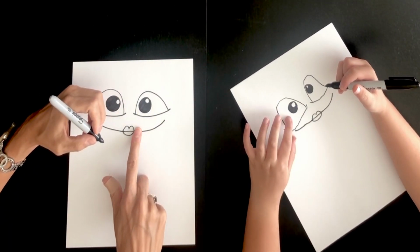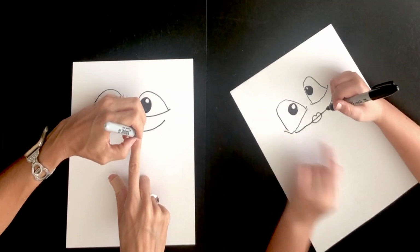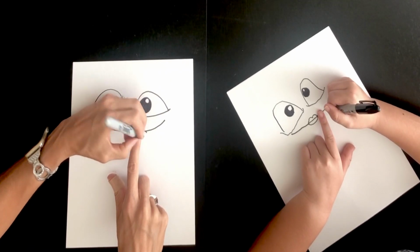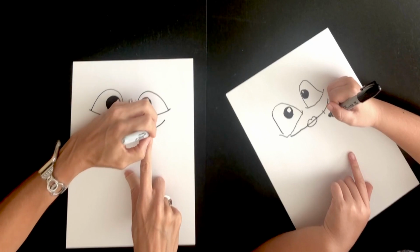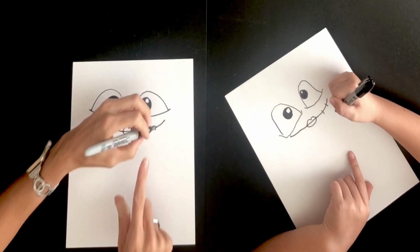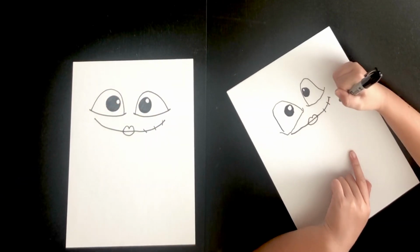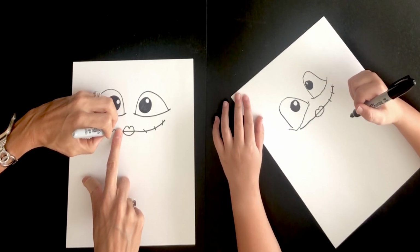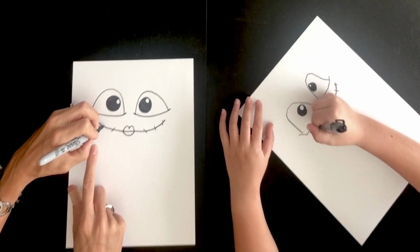Now we're going to add some stitches for Sally. We're going to go ahead and use our finger to make sure we space them out so they're not too close together. There should be about, I'd say about 3 on each side. So we're going to come over here 1, and then we're going to leave a space and do 2 and 3 right out by the edge. Not quite on the end. Yep, just like that. And then on the other side, 1, using my finger to space it out, 2,